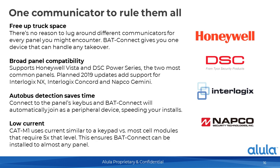Talked about that Bat Connect. Chris, why don't you talk a little bit about why it is so important and why it is such a game changer for the industry? Yeah, so just high level over it is a universal communicator. I was doing a little research on kind of what our competitors are doing, and I was kind of blown away by